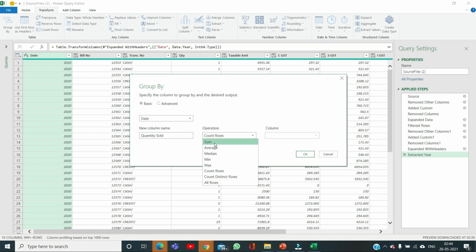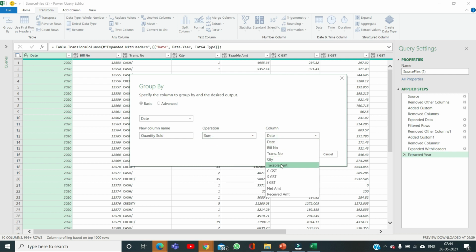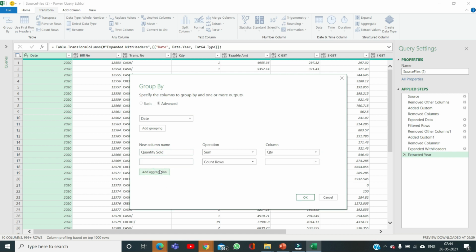The aggregation is sum on the field of quantity, and I will add one more aggregation, sales amount. The aggregation will be on net amount.